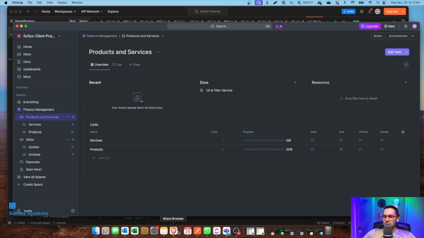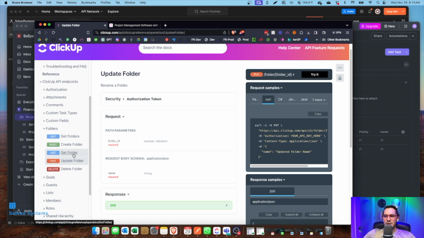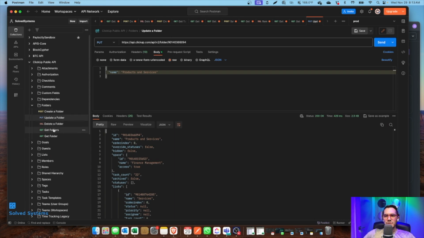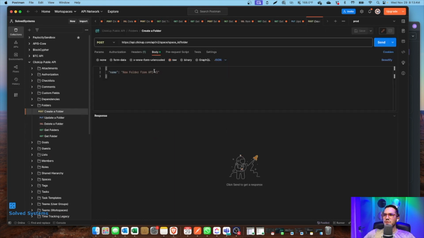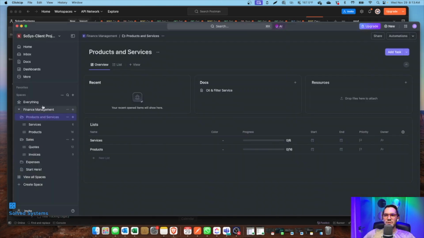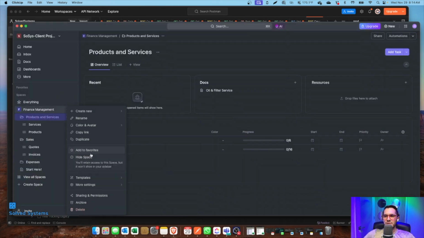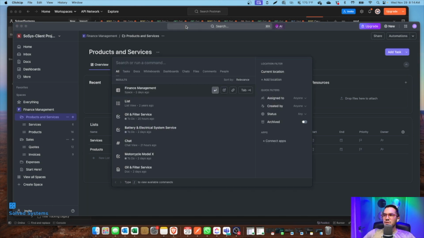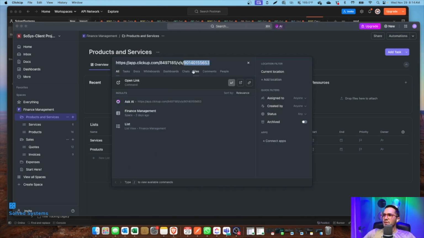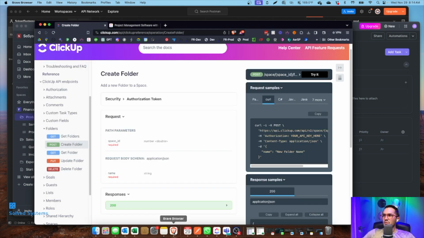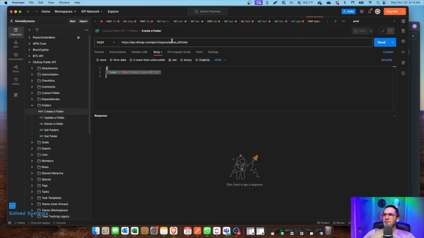So the next thing that we're going to do is look at creating a folder. To create a folder, we'll need to get the space ID again. And we'll look at that call in Postman. So we're going to create the folder, and we'll call it new folder. We'll just use the boilerplate text here. We'll get the space ID once again. Not super efficient here, but it illustrates the point. We'll copy that ID, paste it in Postman,